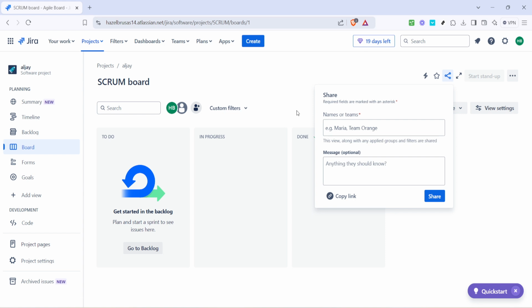In summary, sharing a Jira project link can be done in just a few steps, starting from the Your Work section, selecting your project, utilizing the share icon, and then entering the recipient's details along with an optional message before choosing your preferred sharing method. This process is not only straightforward, but is also designed to help you maintain effective communication with your team, ensuring that everyone has easy access to the project details they need.